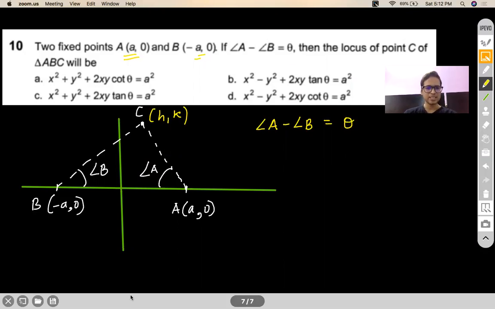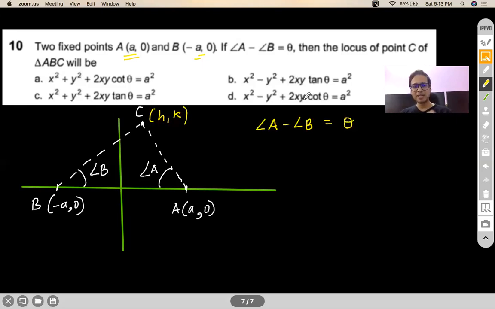Okay, let's close the poll. A very confused response. 2, 3, 4, 4. That kind of a response I have got. Okay, so let me handle this. See, first of all, if you look at the options, options talk about tan and cot, right? See, guys, options are there not only for you to match it, they're also there for you to take a clue from.